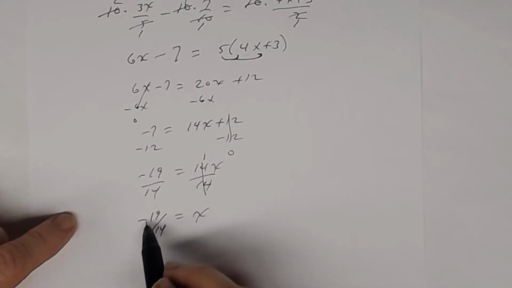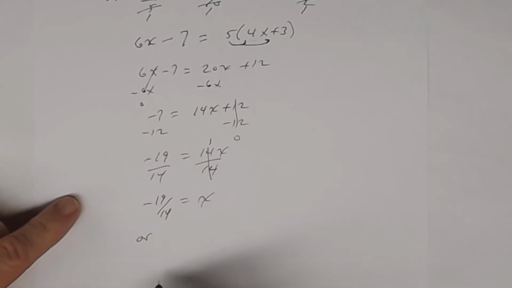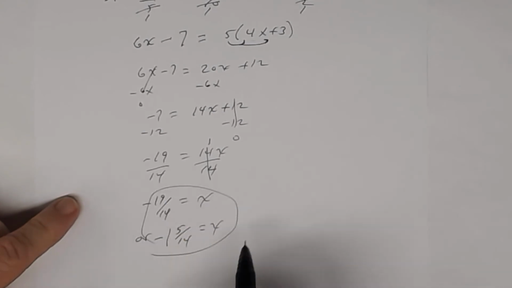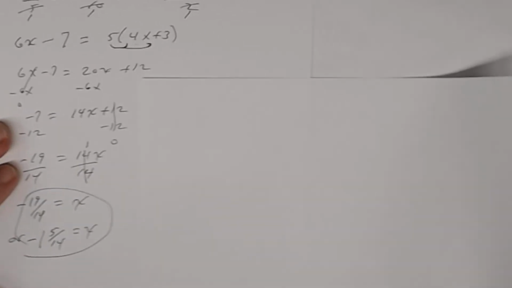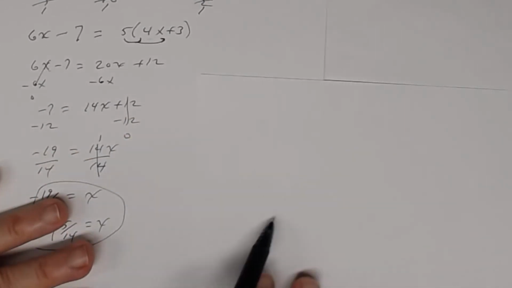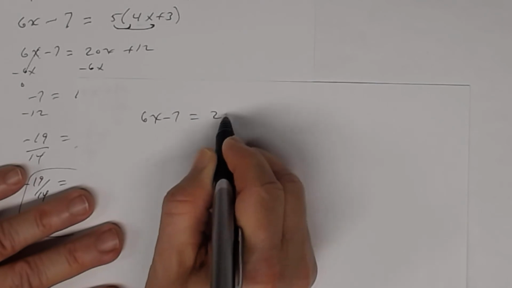And then I cannot reduce this because the GCF for both of those is 1. But if I want to, since that's an improper fraction, I could write it as a mixed number. So it'll be negative 1 and 5/14. Okay, so either one of those is fine. But what I want to remind you is this. So remember right here, I'm going to rewrite this over just to show you something. So 6x minus 7 equals 20x plus